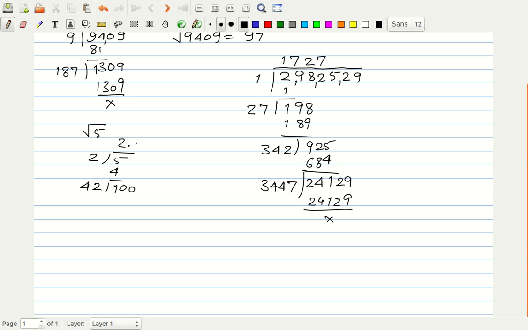So 42 times 2 is going to be 84, and your remainder will be 16. We bring down 2 zeros. 42 plus 2 is 44. Again, we have to find one integer, so that if I add it here and here, I should get a number less than